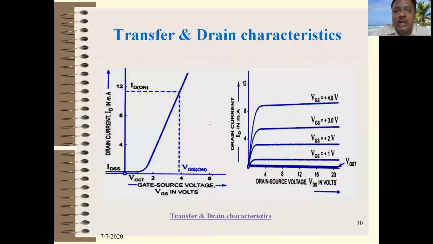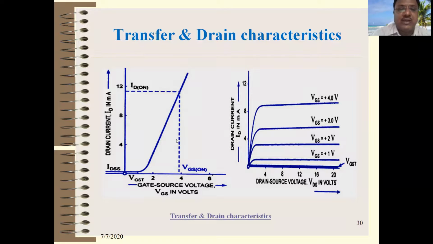But still, as per the video you already saw, there will be a high voltage VDS that will push the electrons from source to drain, so that current continuously flows, but the current is constant, and this region is called the saturation region. Once your device saturates, after that the current through that device remains constant, right? As you increase the value of VDS, the current remains constant. So this is the graph of drain characteristics.